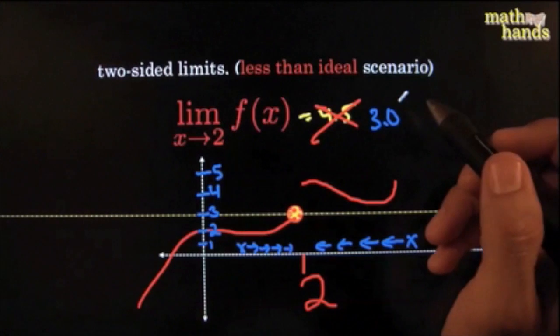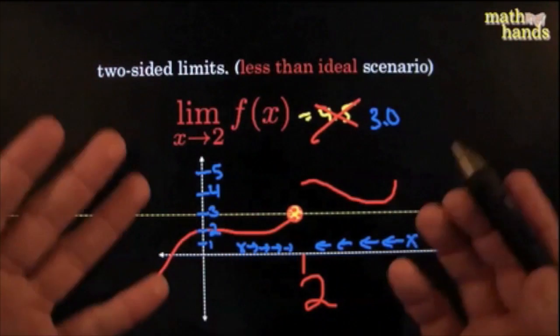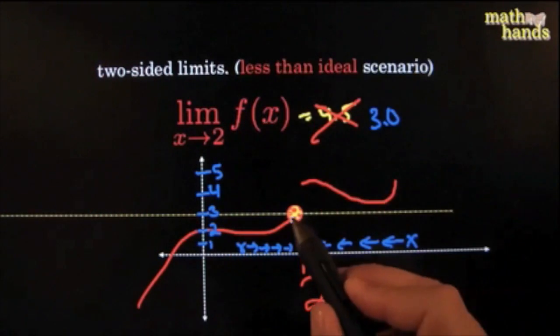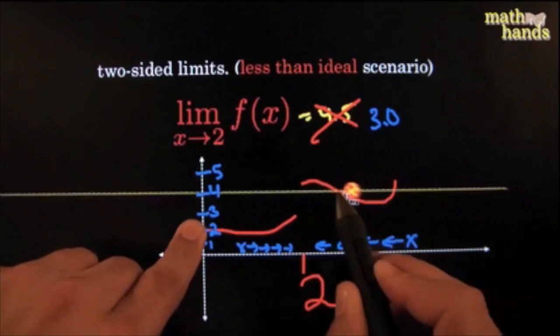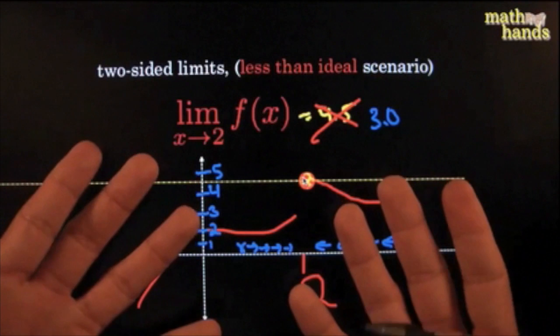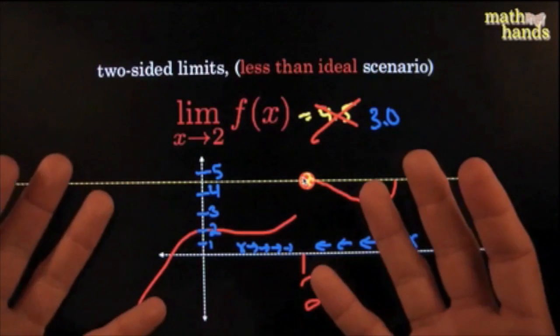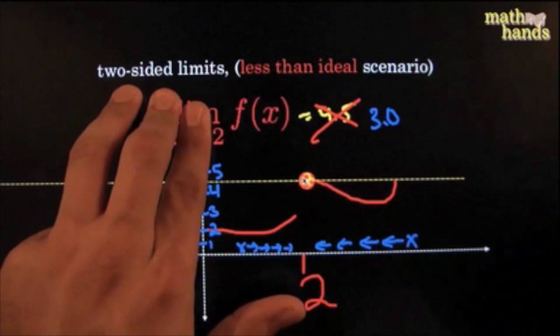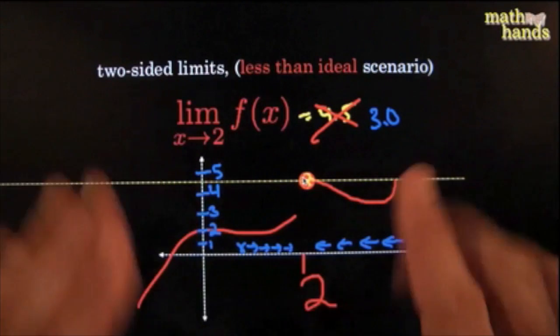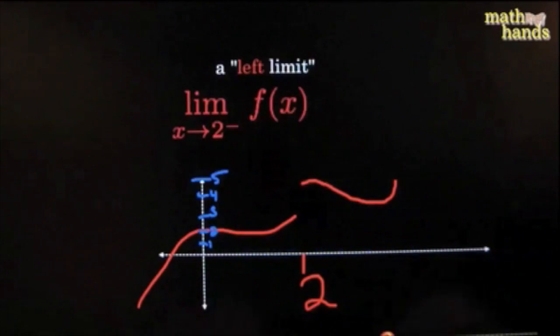Whoa. And the other guy says, no, you're the one that's wrong. Which one is correct? Which is the correct limit? Should it be this one that's approaching, the best prediction is 3, but from the other side, the best prediction is 4.5. Which one wins? This is the problem. And so that gives rise to a new notion, the notion of two-sided limit. And so we actually separate the two issues and we say, you know what? These ones right here, where